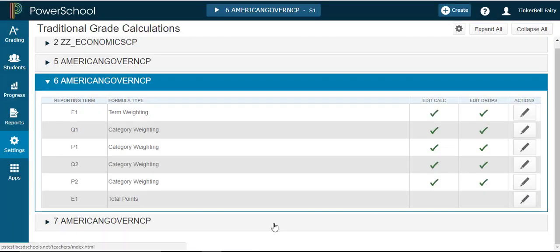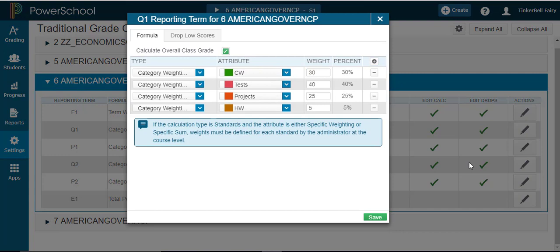Once you have the final one spot checked and set up correctly, you can go in and spot check your quarters and progress to make sure the weights are set up correctly. On the Q1 Reporting Term screen, I am checking to make sure that my type says Category Weighting, that I have included all of my categories that I set up previously,